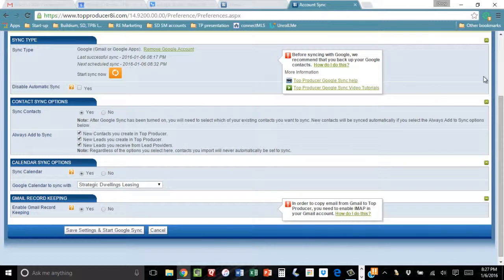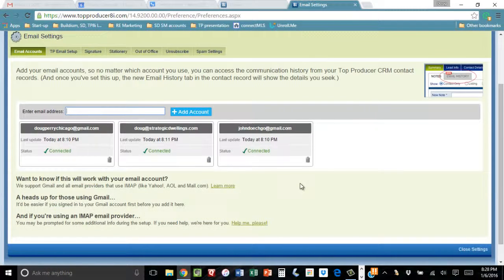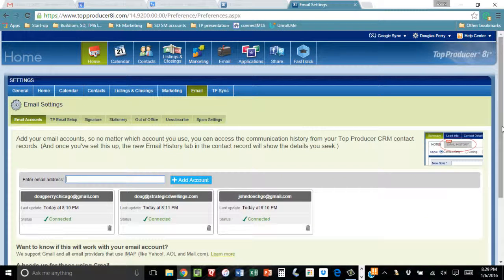The next thing that we want to do as a part of the setup is we want to go to the email tab. What you want to do is add all of the email accounts that you use in your business here. So if you send or receive an email using one of these accounts to a contact who's synced, it will show up in that contact's email history tab. And then the last step in the setup is the TP email setup. So you go to this sub-tab,